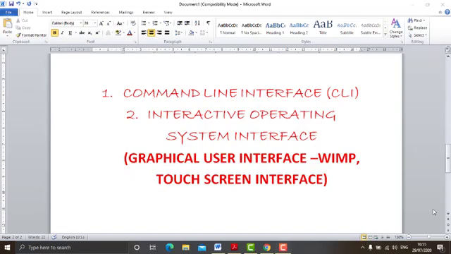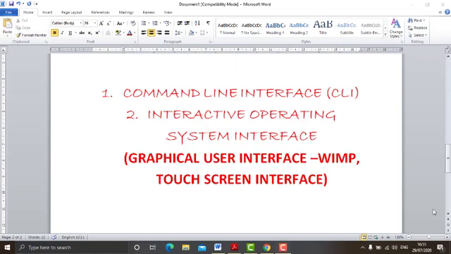The next type of operating system in interactive operating system is touchscreen interface. At present time, you all have cell phones in your hand, and every cell phone at present time works on touch. I mean, you need to move the finger on the screen, you need to point on the object, you need to press that object with your finger, and that particular task is done. So this is how touchscreen interface works. A touch sensitive screen is here, and you need to point the objects on the screen through your finger.